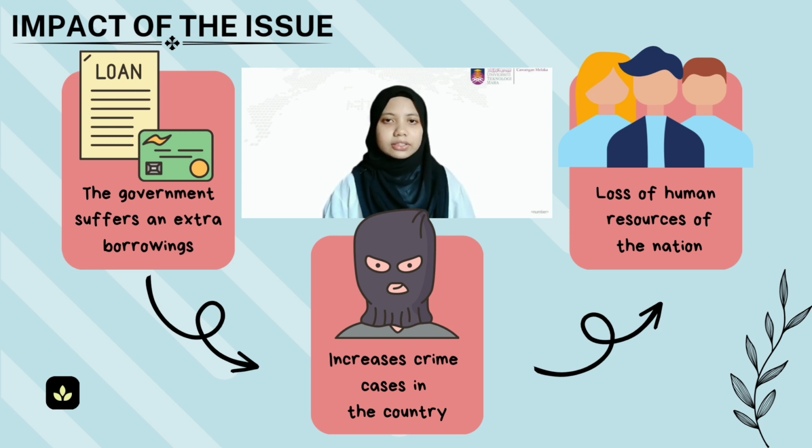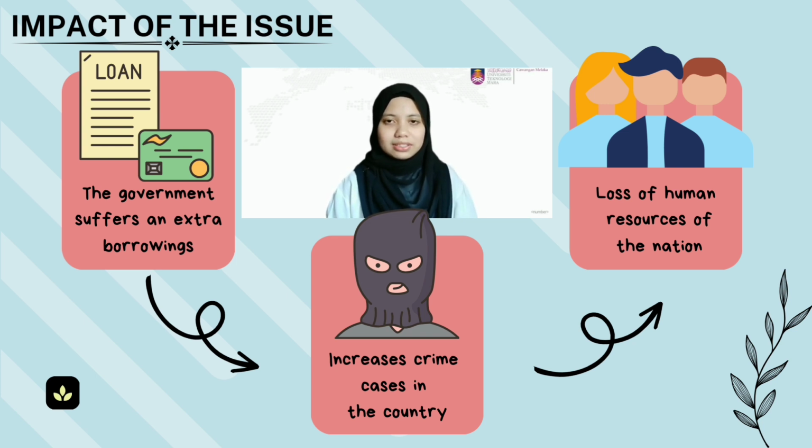Second, increased crime cases in the country. People who have been unemployed for a long time may indulge in unlawful and wrong activities to earn cash, which increases wrongdoings in the country. This is because they are running out of money after being unemployed for such a long time, and when they get desperate, they start to think that the easiest way to get more money is by stealing and robbing, even though they know that it is illegal, as they do not have other choices to earn money to support their daily life expenses.